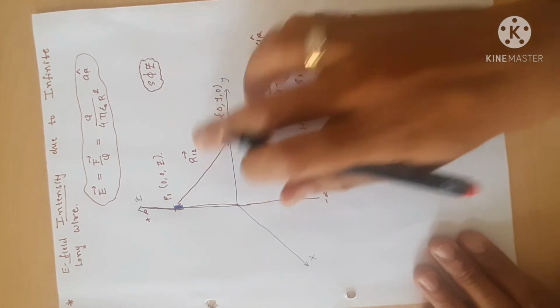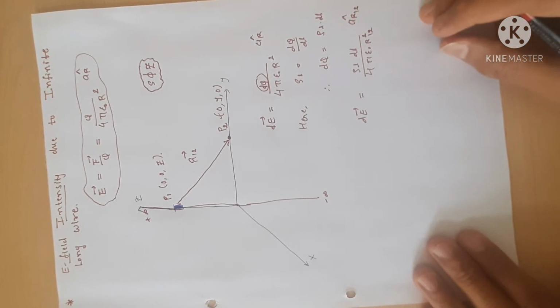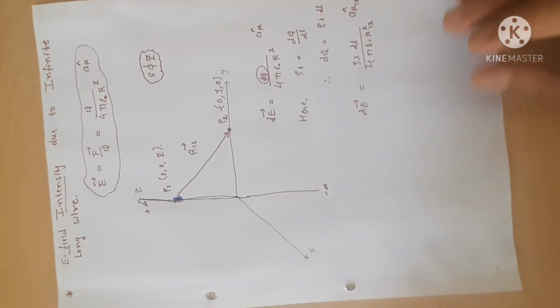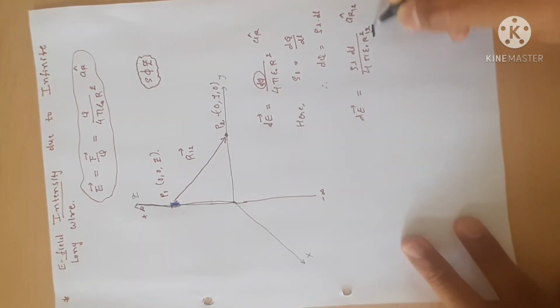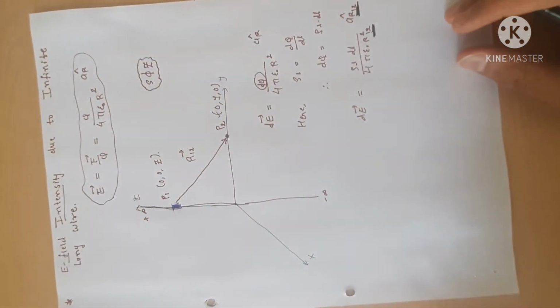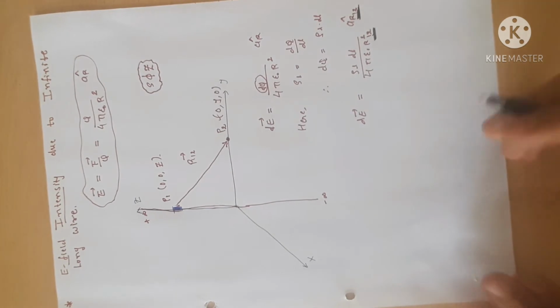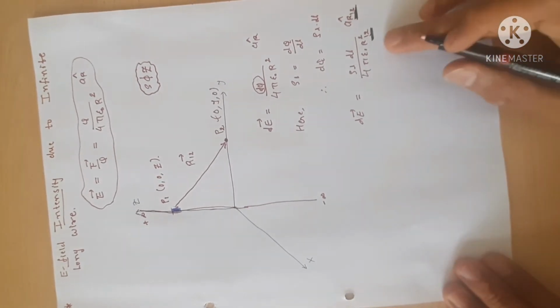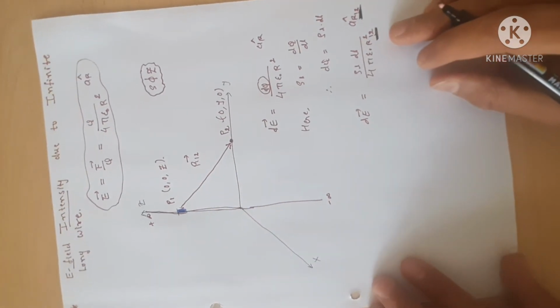Now what is r? Here r is nothing but r12. So I have to mention it's r12. It's the distance between point P1 and P2. So now let us find the value of r12, and based on that we have to find out the value of unit vector ar12. So here what is r12? r12 is a vector which is pointed from point P1 to point P2.